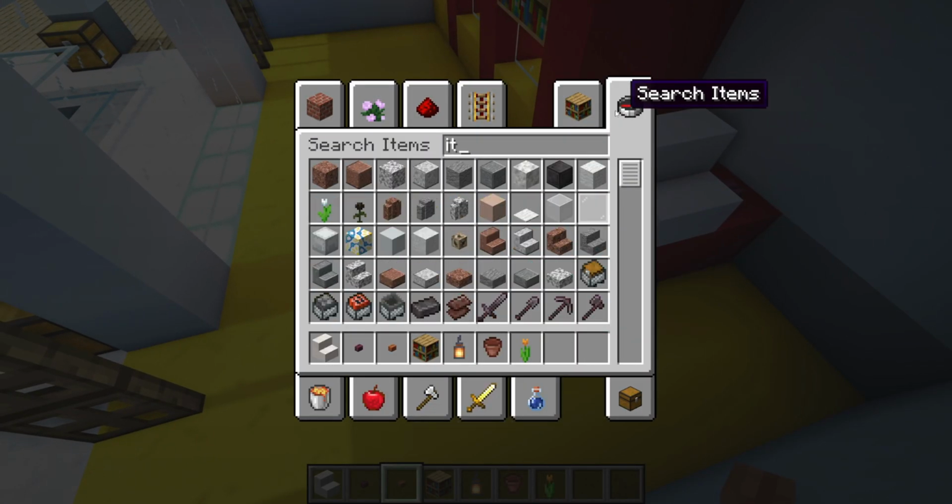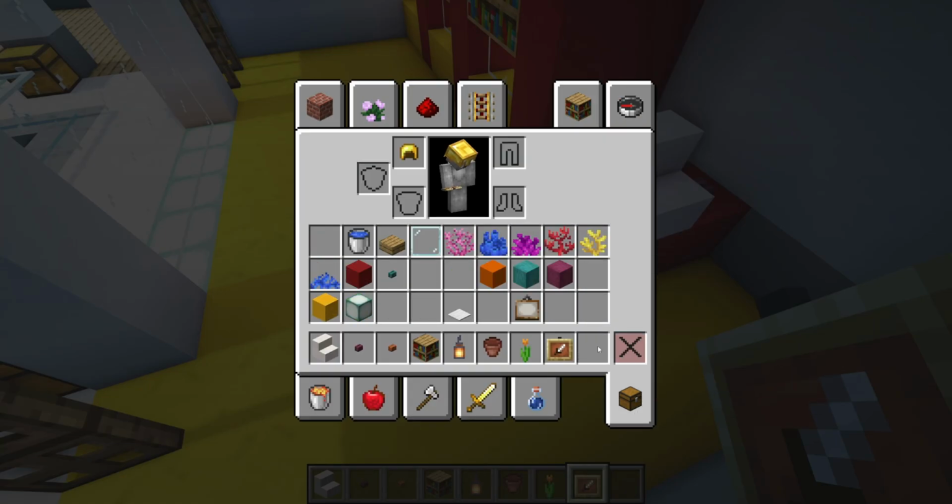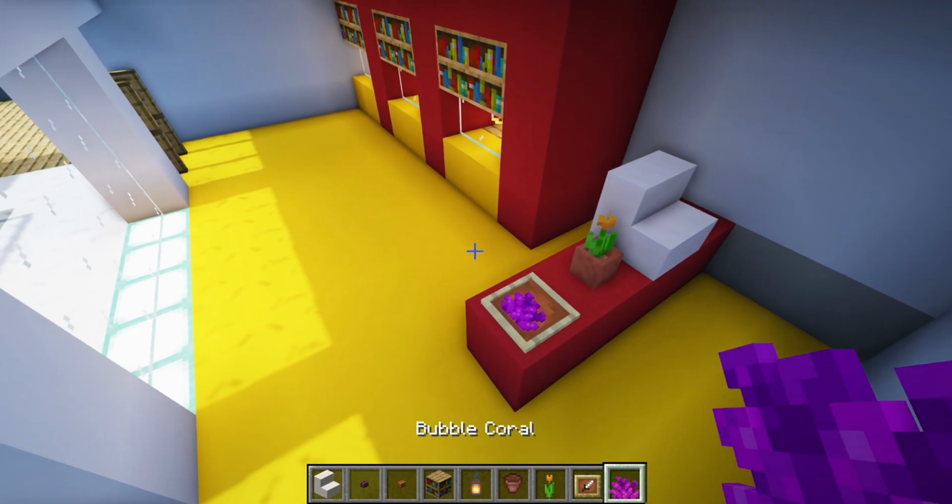And I wonder how do corals look in item frames? Do they look interesting? Is it a convincing...